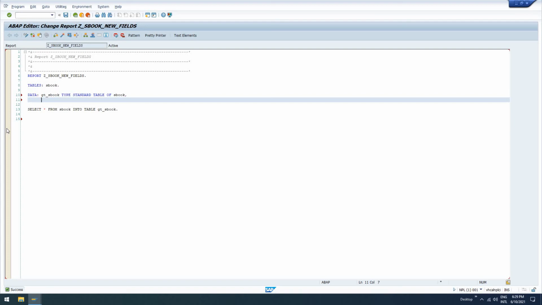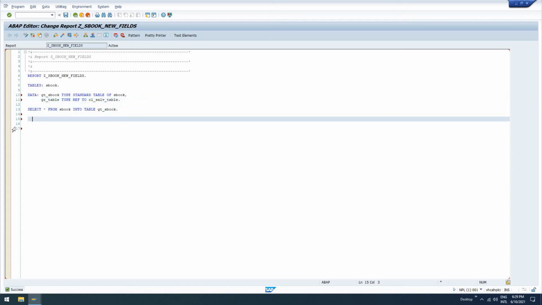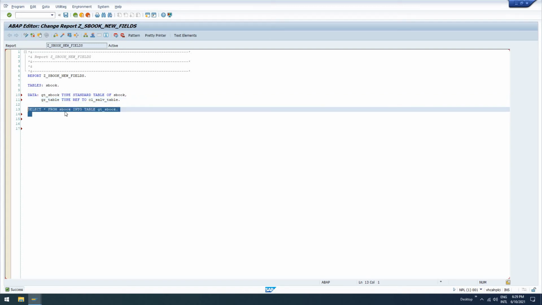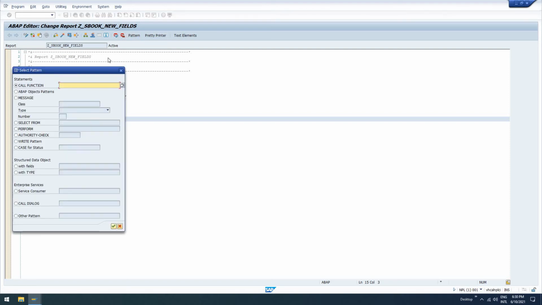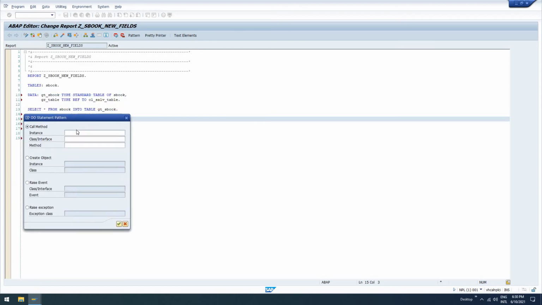So we'll say global reference table type ref to CL_SALV_TABLE. So we've at this point selected everything from SBook into our GT_SBook table. Now we're going to do Control F6, I believe it is. Yeah, Control F6 or click pattern right here. We're going to use an ABAP objects pattern, and then we're going to call a method